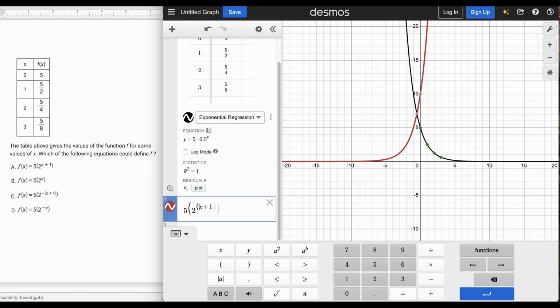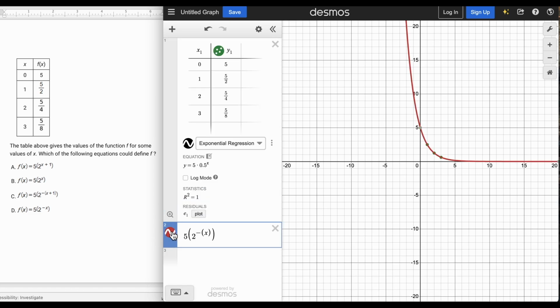And then I'm just going to go insert a negative. All right, now that's my choice C, and it's close but not quite there. So then I'm pretty sure it's going to be D. I switch to that. If I remove the red line, then you can see they are on top. So then choice D matches that table of values. But again, maybe not the most elegant way to do this, but if you especially are not very good with your exponential equations and taking a table of values and generating that curve, Desmos is going to be your friend